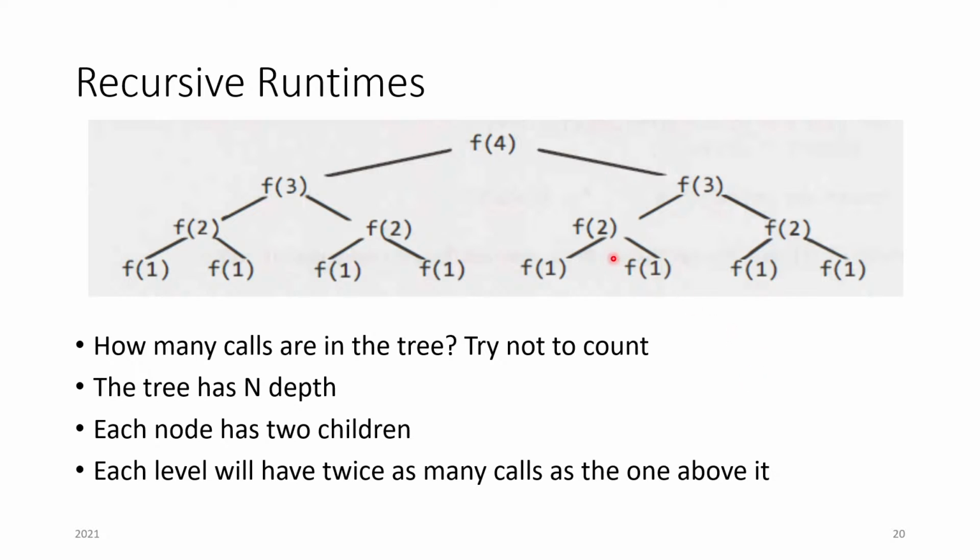The reason for this is, let's just watch f of 2 here. F of 2 has two function calls, right? And then if you watch f of 3 here, there's 4 and 2. So if we watch f of 4 here, that means it's going to be 8, 4, and 2. What's the pattern? The tree has n depth, meaning the number of levels. So this is level 1, level 2, level 3, level 4. So that's n depth, and each node here has 2 children. And each level will have twice as many calls as the one above it. Because we just saw the observation here, where there was 8, 4, 2, and then 1 here,